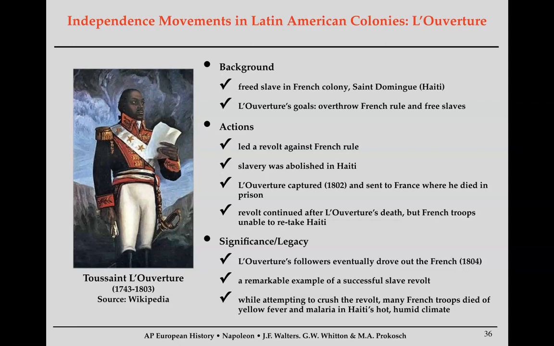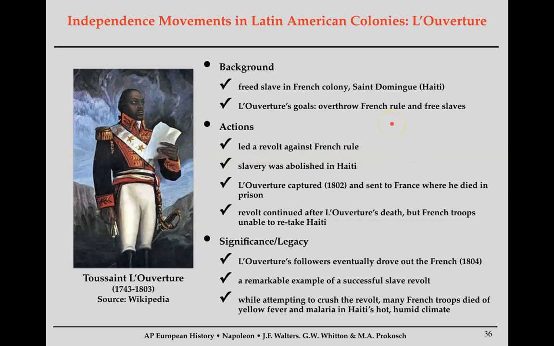So what's actually really confusing about the Haitian Revolution is the players of the Spanish, the French, and the British all have their hands in the Haitian Revolution in some facet. It just depends on the year we're talking about. Haitian Revolution is enormously complicated. So just doing it in a slide, I'm just trying to give you an overview here, but it's a fascinating revolution to study. So again, here's what Louverture has to do.